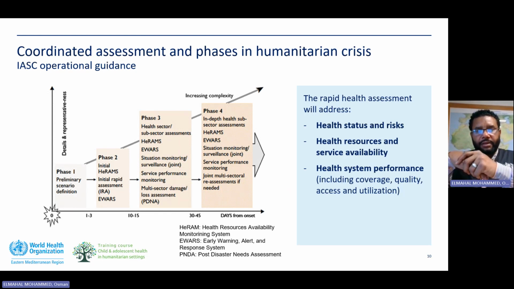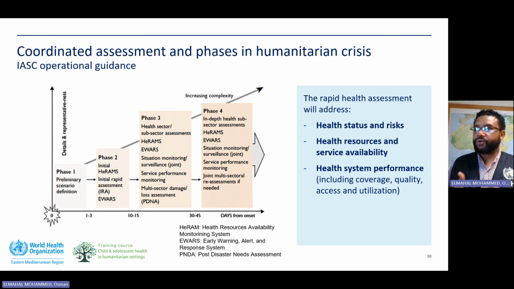I'm not going to spend a lot of time on this one, but this is just to show you the coordinated assessment and phases in the humanitarian cycle. It is based on the Interagency Standing Committee operational guide. It goes with complexity. There are phases of this assessment. Phase 1 is a preliminary scenario definition. It goes with complexity to the right, and then